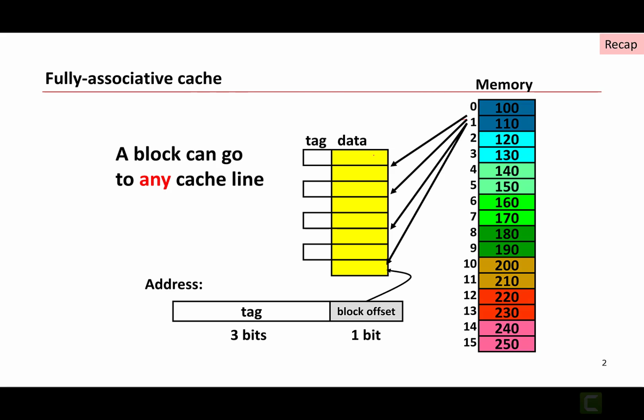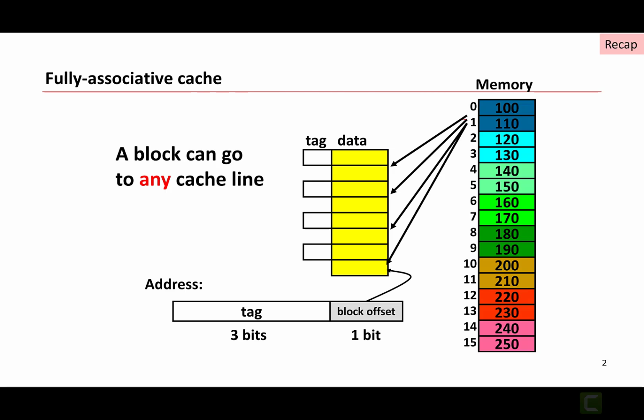Now the downside of this is that I need to do a lot of tag comparisons. So if I have 4 cache lines, then to look up any given address, I need to perform 4 tag comparisons to figure out if that address is present in the cache or not,